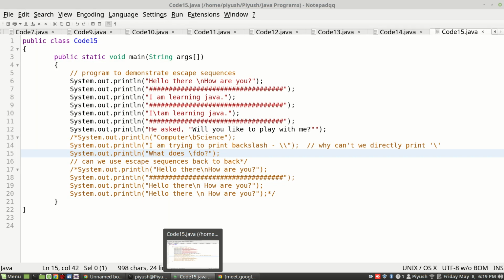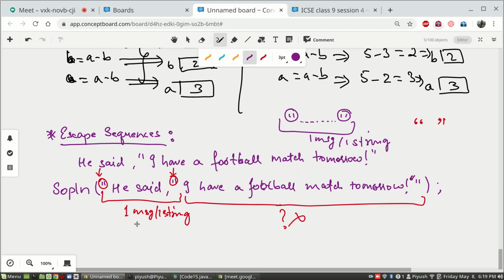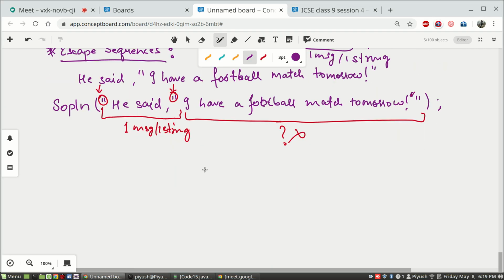So what we can do is, in case we intend to tell the computer that the double quote I want to use, I actually want to print it, and you do not understand it with the closing of the string. So that is also possible. So what we will do in that case, we will write SOPLN, and we'll tell the computer, hey computer, you have to start printing whatever comes next after this double quotes. And then you will write, okay, it will say okay, then you will write he said,